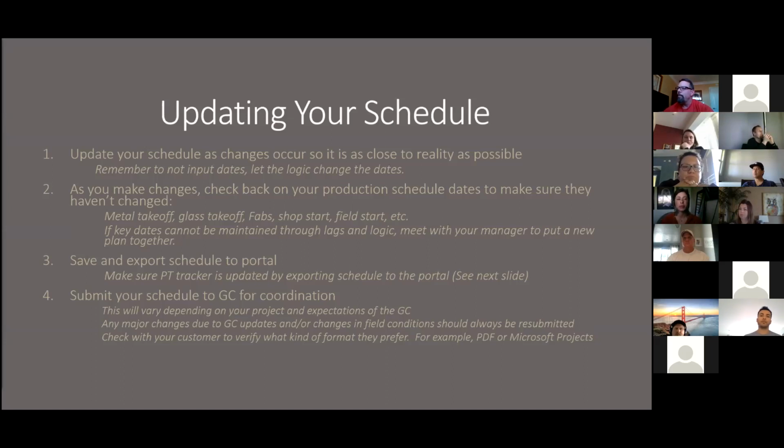Remember, when you're inputting the dates, let the logic change the dates that follow in your successors. Don't manually change the dates. As you make the changes, check back on your production schedule dates to make sure that they have changed, for example, metal takeoff, glass, and so forth. As an example,